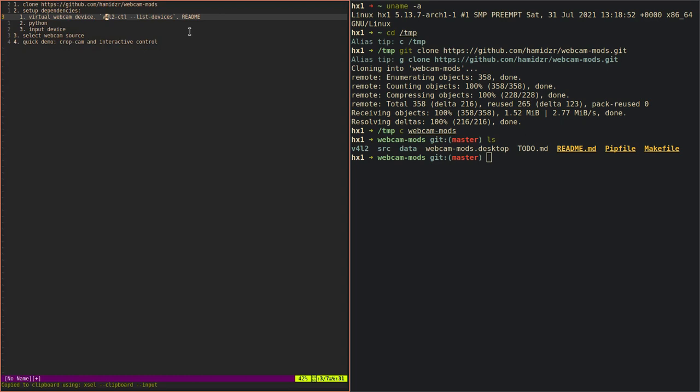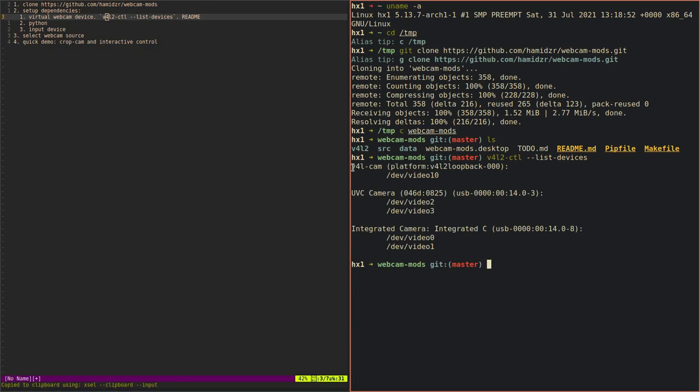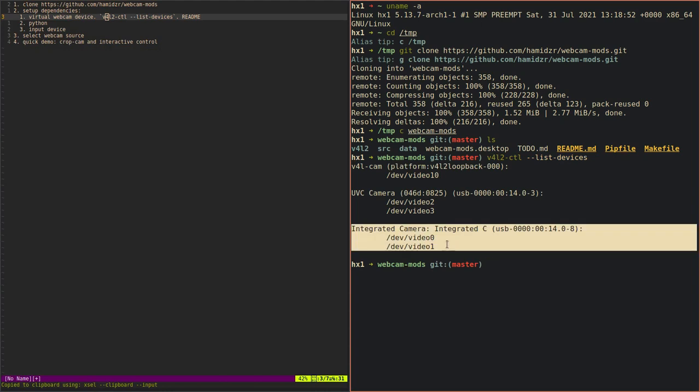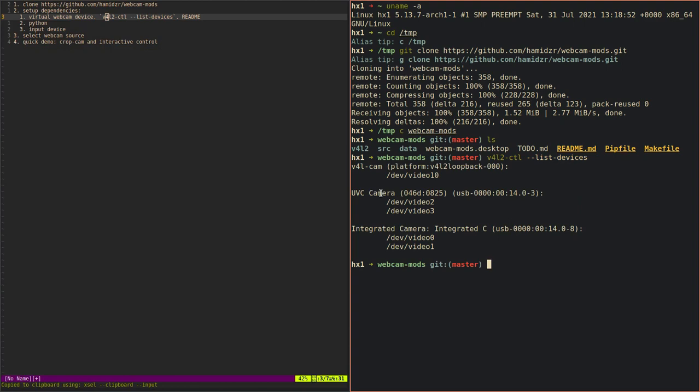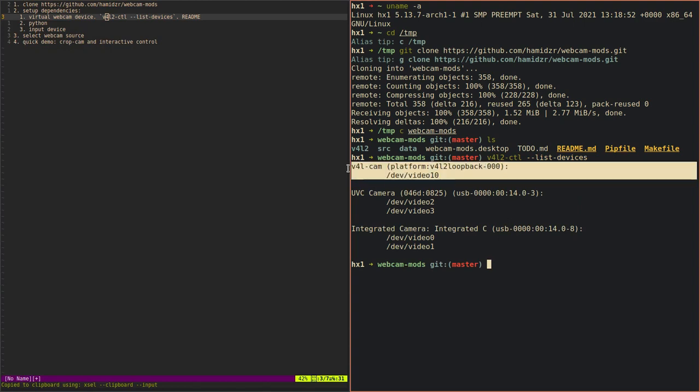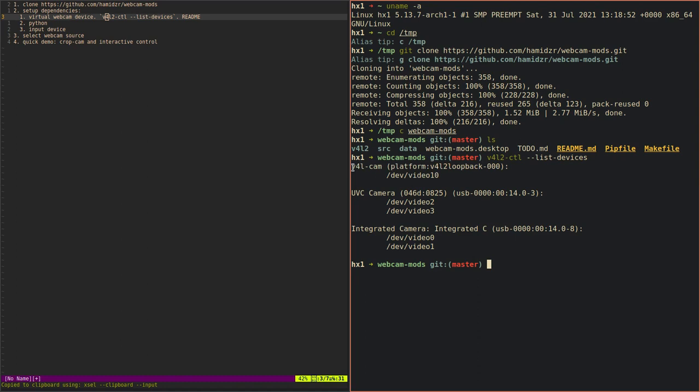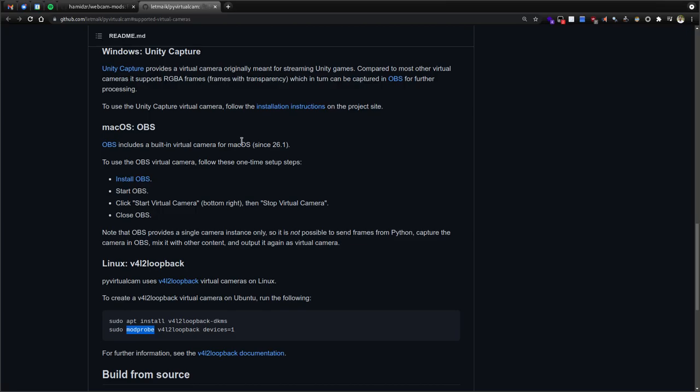Alright, now that we have that installed, we can check our video devices using this command. And you can see that we have 3 devices detected. One of them is the integrated camera in my laptop, the other one being a USB webcam that I just plugged in, and the last being this virtual device that is here. This does not get added until you run this line,